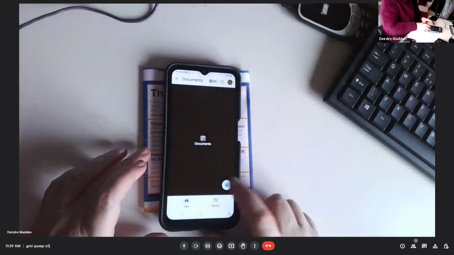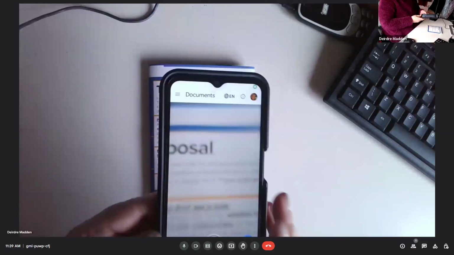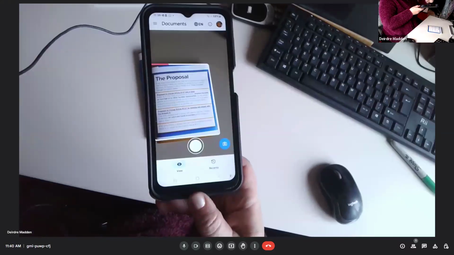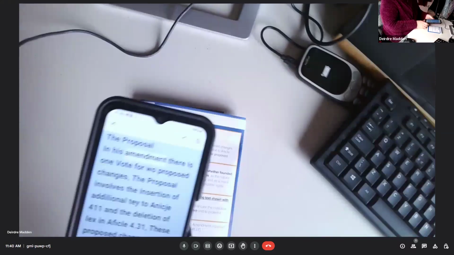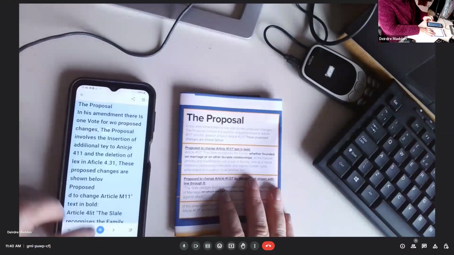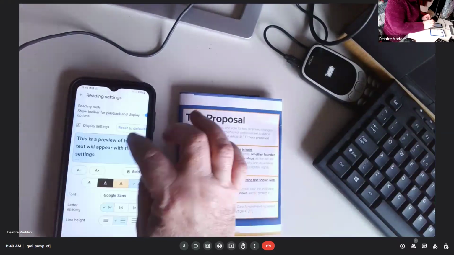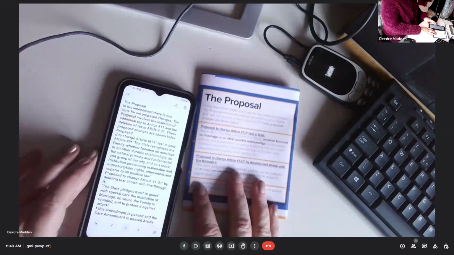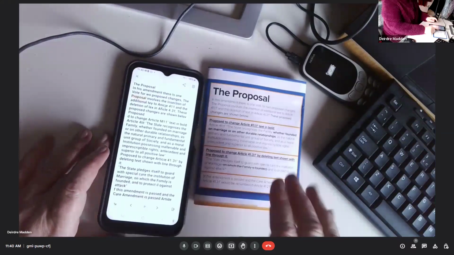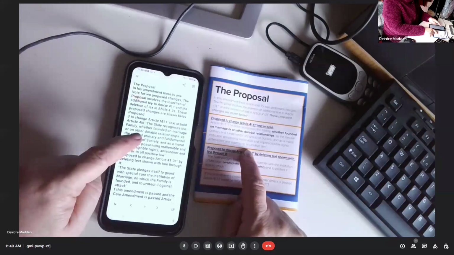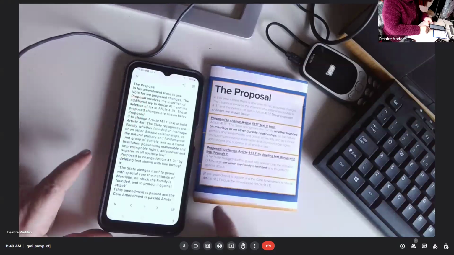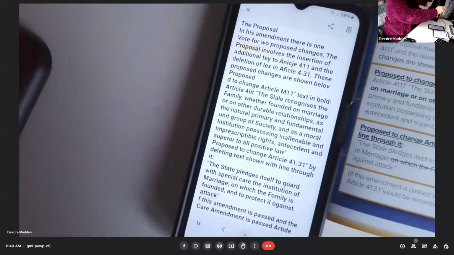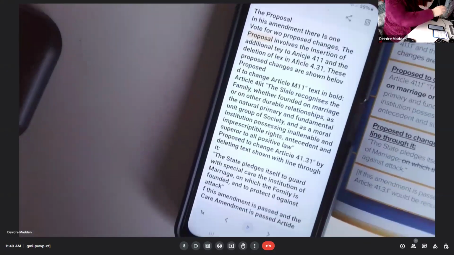So I'm going to turn on my camera. Too close, move device away. Vote for what proposed changes, the proposal. Okay, bear with me for 1 second because I want to show you. I was demonstrating it. So now I have a digital copy of that text in here. You can see there's one error, but it isn't too bad. And I've got, let me move this down here. I've got my